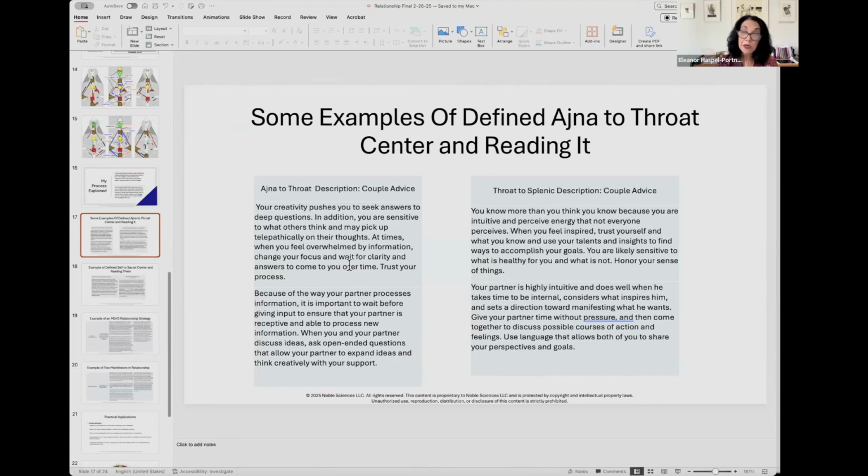Because your partner processes information, wait before giving your partner information until you know they're receptive. Discuss your ideas with open-ended questions, and that will allow your partner to communicate with you, get your input, and